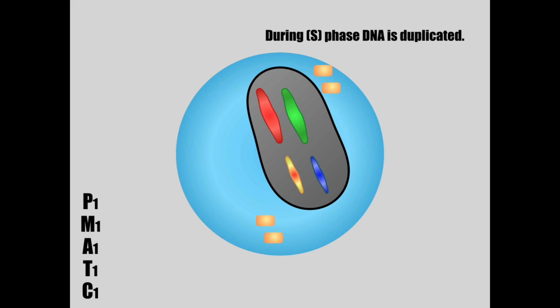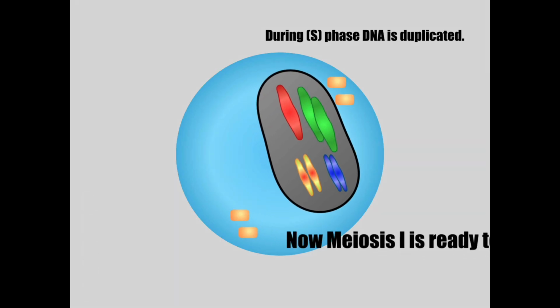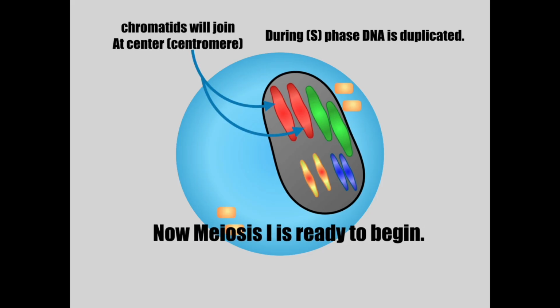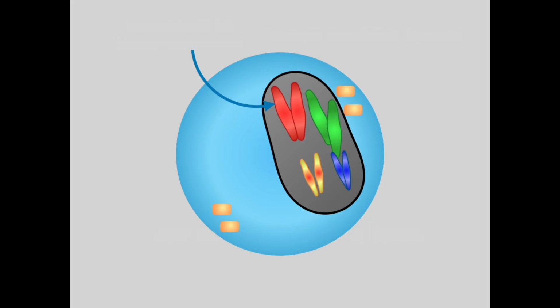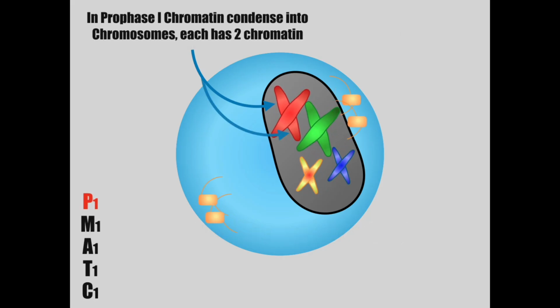Now, before we actually get into PMAT, prophase, metaphase, anaphase, telophase, and cytokinesis, we need to first discuss something that happens in the S phase where DNA is replicated. This is important because the DNA is going to get replicated and it's going to get doubled. And at this point, now meiosis I is ready to begin. The chromatids will join at the centromere, and you'll notice they kind of take an X shape, and they join at the center. Now in prophase I, chromatids condense into chromosomes,